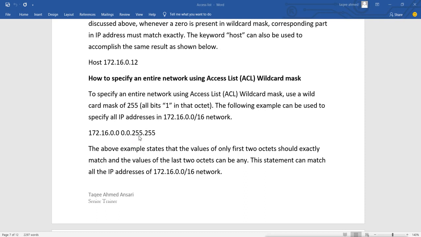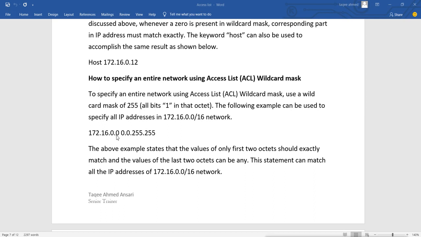So the first zero means the router must examine this first part, and it must be 172. The second zero says it has to examine the second part, and it must be 16. Then the 255 says that whatever the third and fourth parts are, and whatever you give here, it will be ignored.